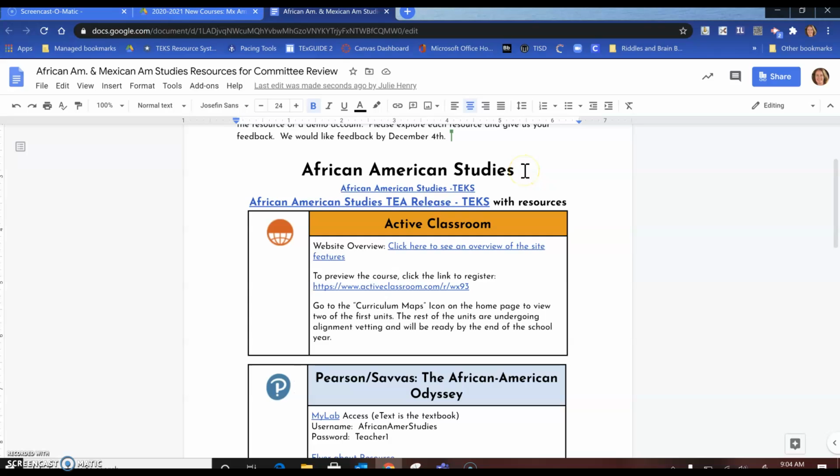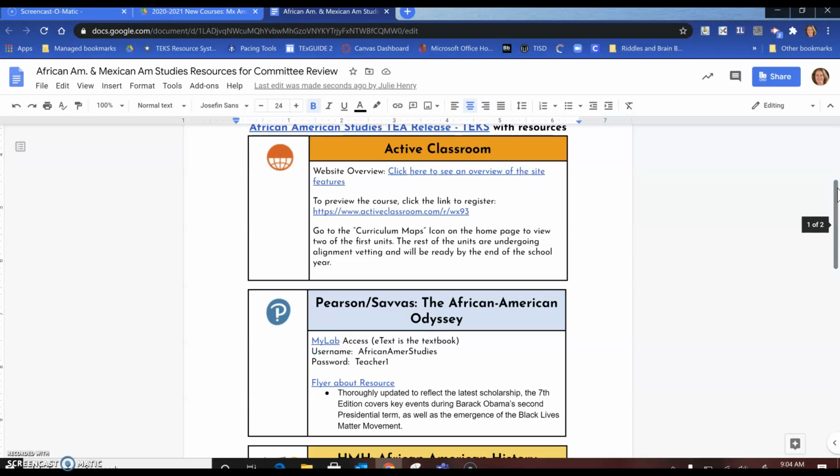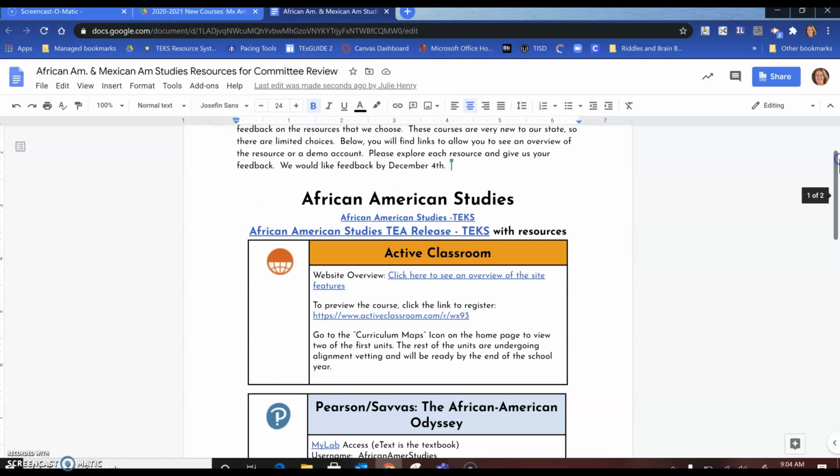Under the African American Studies, you'll see the TEKS and a release from TEA that repeat the TEKS and also include some resources. The ones that we need to look at are digital resources that can be put into the hands of our teachers to use on Canvas and blended learning. And with going to a one-to-one blended learning district, we really want to use our primary resource that can be in a digital platform. In the TEKS release